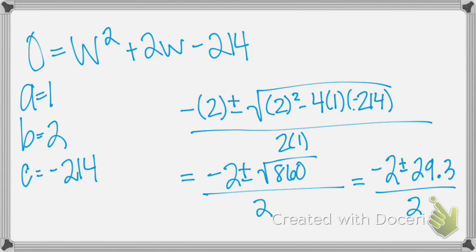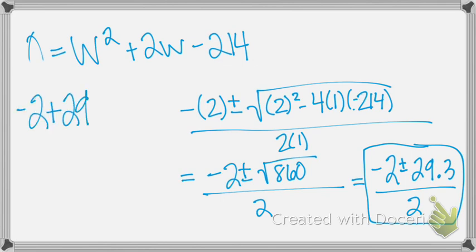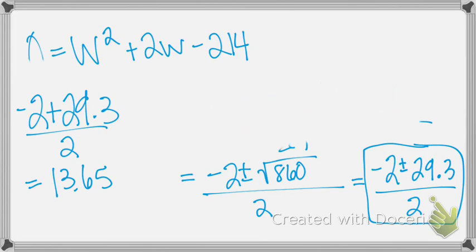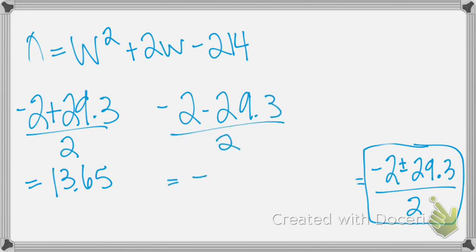All right, so now what you can do, you can split it up. So here's what we're splitting up. -2 plus 29.3 over 2, and we get 13.65. We now subtract it. -2 minus 29.3 over 2, and we get -15.65. So you have two answers, and it wants to know